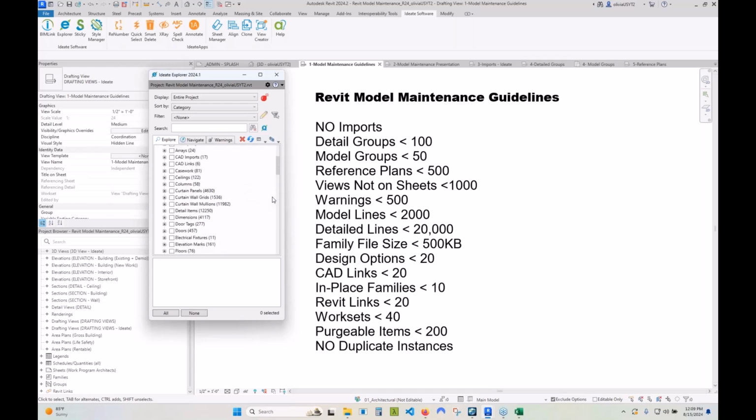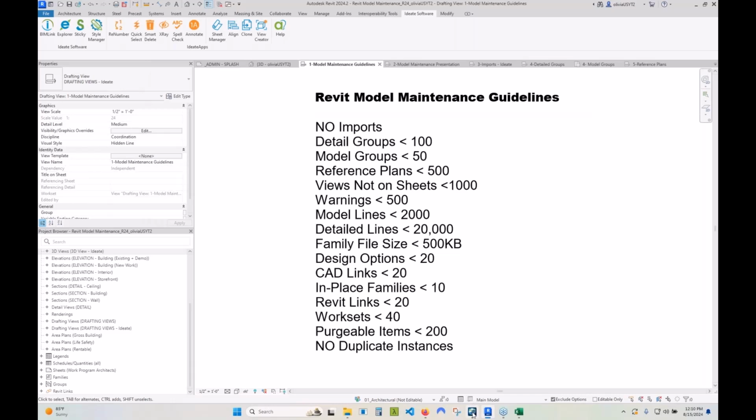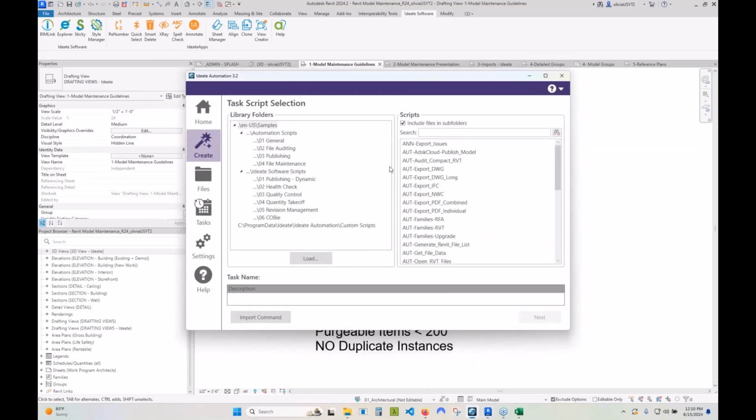So in most cases, this is my starting point to understand the metrics of the model. But I also wanted to point your attention to other methods we can use to manage model metrics, and that is using the Ideate Automate tool. So if you haven't used it already, Ideate Automate is a tool that can automatically run tasks on your Revit model. So these are things that can happen in the background, like publishing your model to BIM 360, getting metrics on Kobe, and so on. And the topic that we're going to be focusing on today is, you guessed it, the